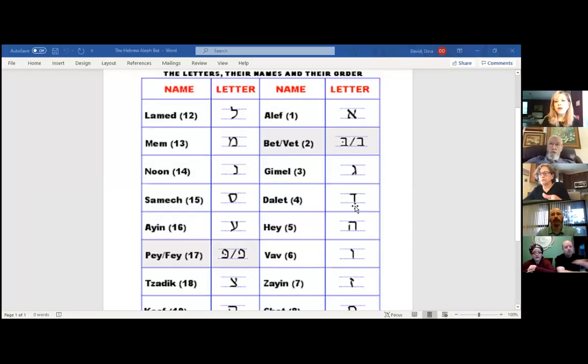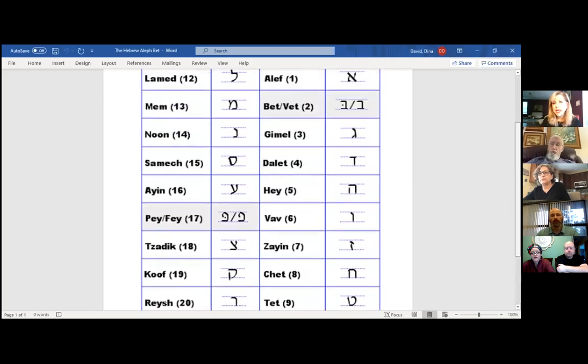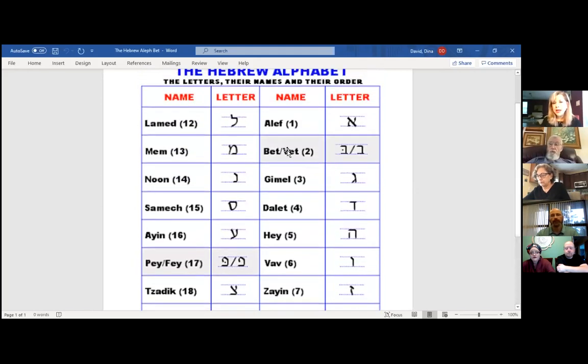So let me just share my screen with you first. I know that all of you got it. So in Hebrew, remember that I told you there are 22 letters. But when we teach Hebrew to Americans, you can see that we have a lot more than 22 letters. So the letter Alef, and then the letter Bet in Hebrew, it's only one letter. But in here, we divided it into two. There is the Bet and the Vet. And the difference is the dot, okay? Gimel, Dalet, Hey, Vav, Zayin,